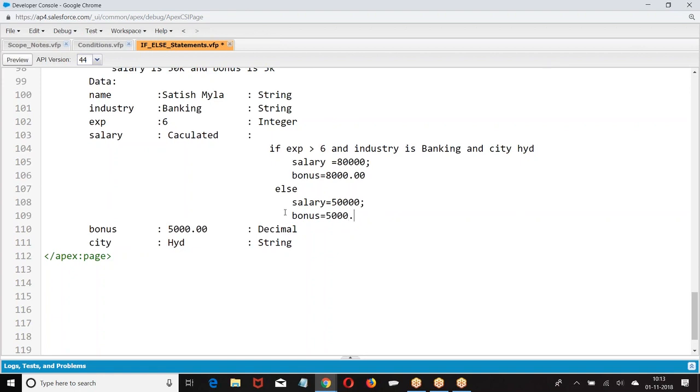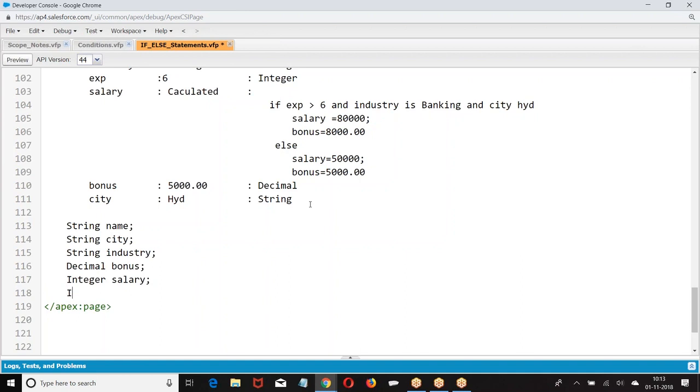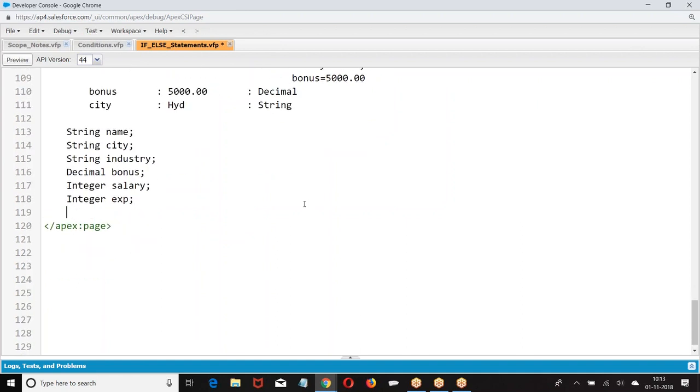Bonus. How are you giving now? So string, name, string, city, string, industry, integer, salary, integer. Now you are given the format here. Then you are giving name equal to